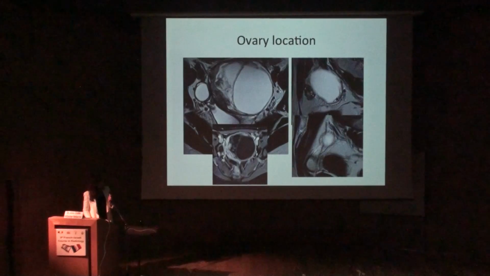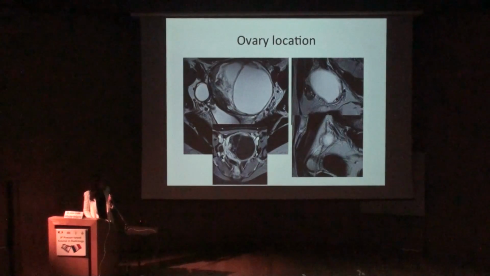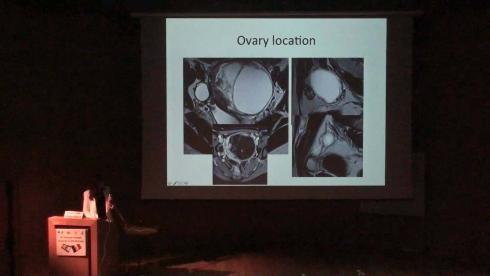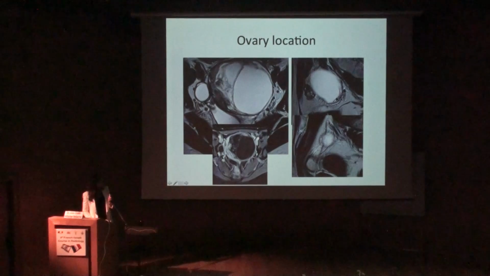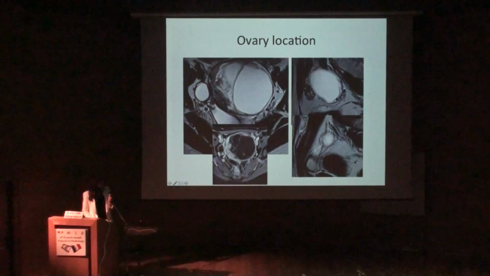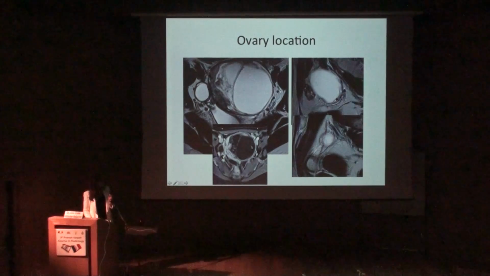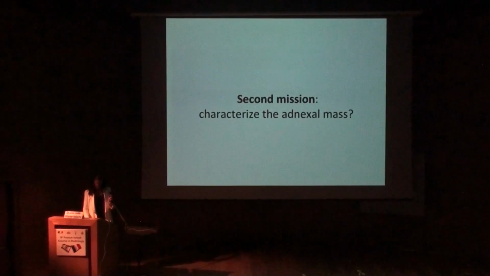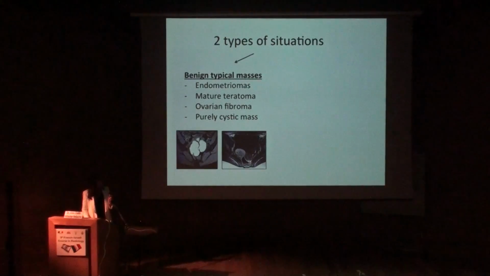So here you have a typical normal ovary, so you have to search for this classical anatomical landmark. In the sagittal plane, for example, here you have a big mass in the pelvis, and it's difficult to be sure whether it's an ovary or not. Here you have the right ovary, and on the sagittal view you have the left ovary. So you are sure that this mass is not developed from the ovaries.